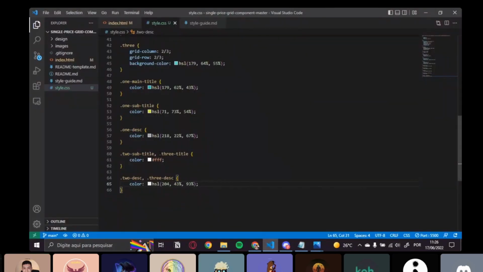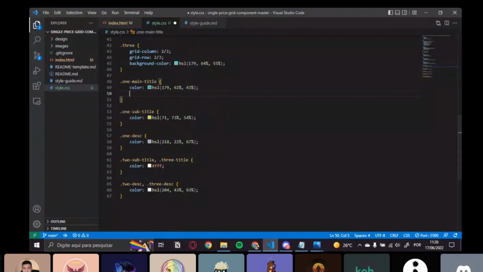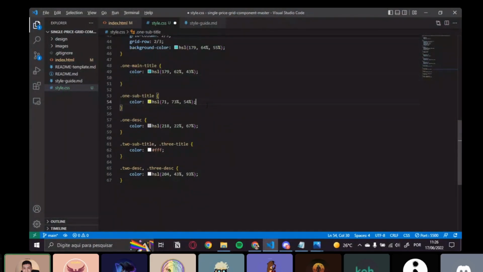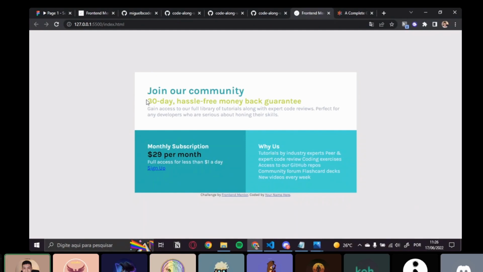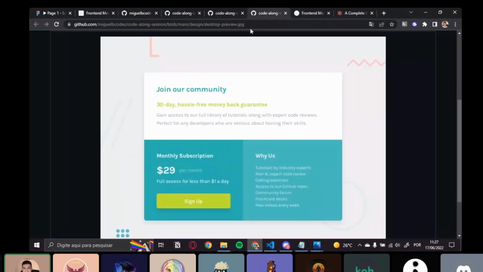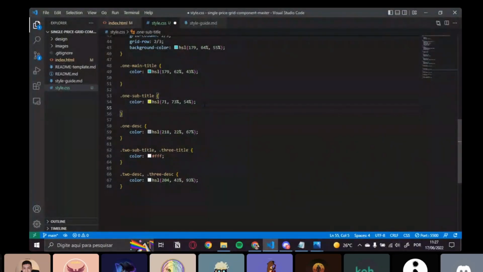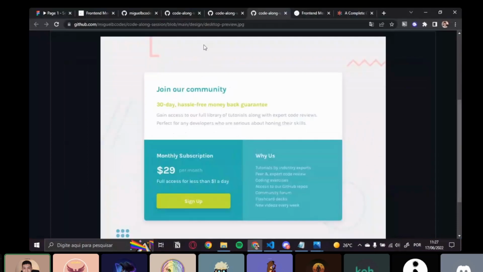To fix that, for the subtitle right here, we need to add a padding in the top, right, bottom, left. Okay, so save and look,